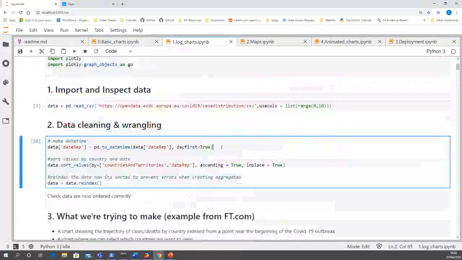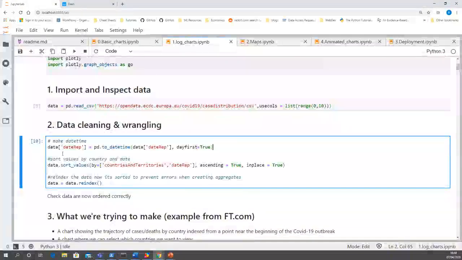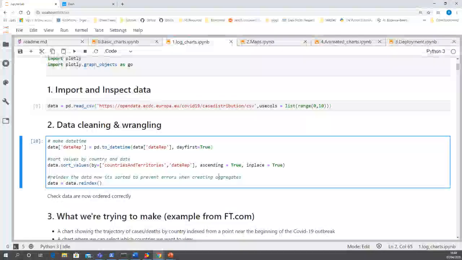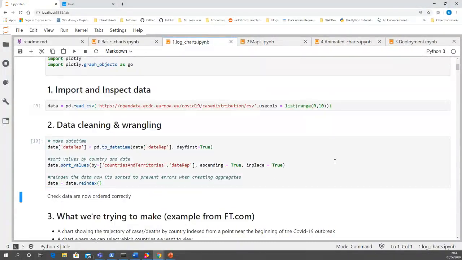We are going to do the same transformations we've done before, so converting date to datetime. We are going to sort our values by country and date, as we did before, so things are in the right order, and we're going to re-index it. Now, the chart we're going to make